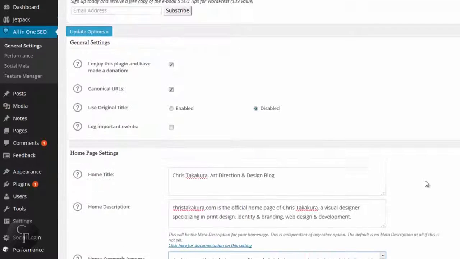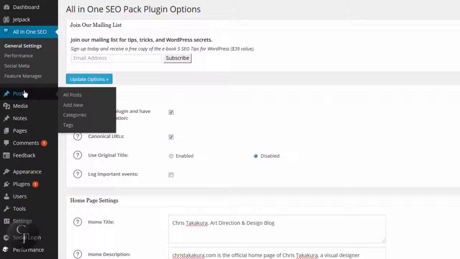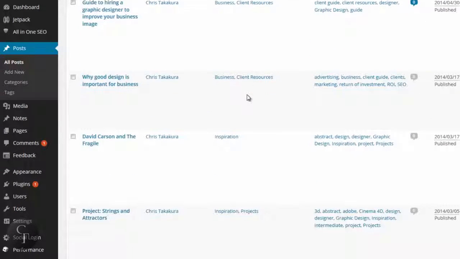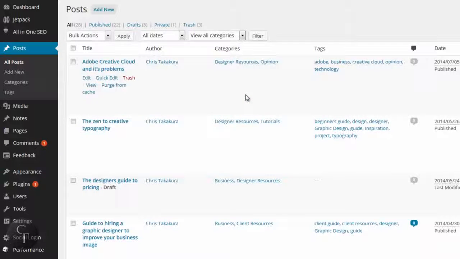So once again that is set, we're going to go into utilizing All in One SEO with all your blog posts and your pages. When you go to your posts, you want to click on this link right here that will display all your posts in regards to your blog. If you've written a lot of blog entries, you should get a list like mine, as you can see here. And once you have All in One SEO installed, it enables new columns here called SEO title, SEO description,